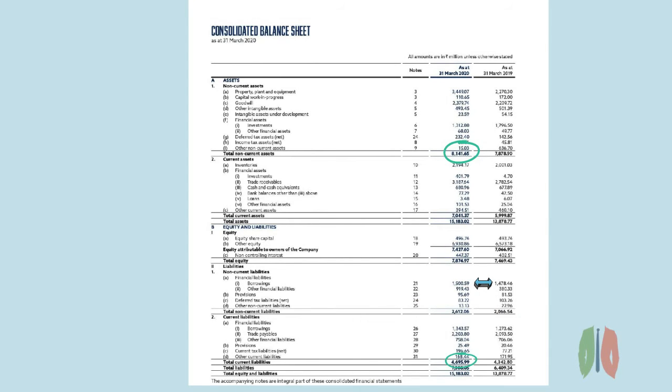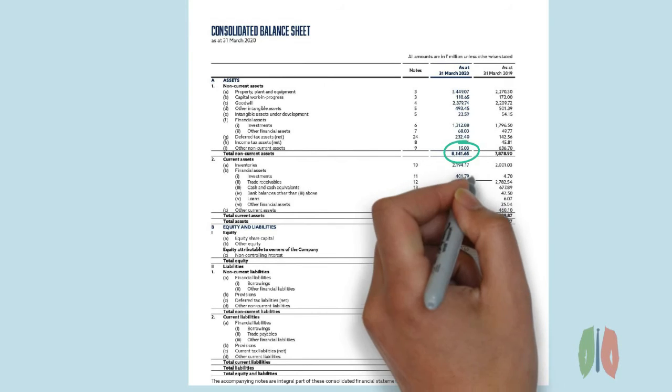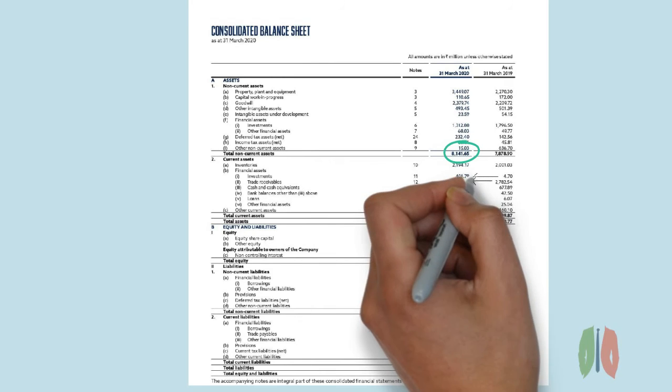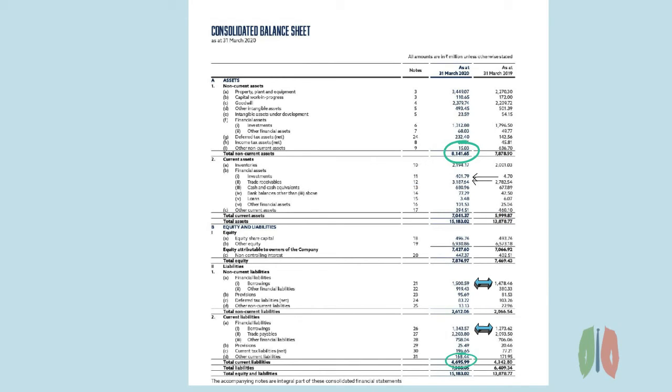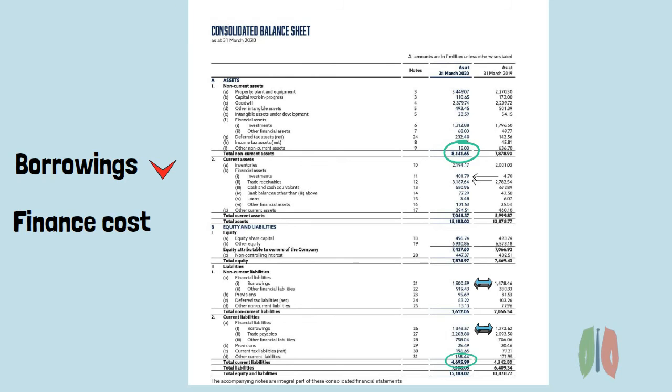And also the borrowings, whether they are decreasing the borrowings from the previous year or increasing. If they are increasing, they should be used for a good purpose. Then the trade receivables, which they have to receive from their clients or customers, should decrease. And then investments should increase. And we should also see that borrowings should be decreasing, because if the borrowings are decreased, the expense in the income statement will be decreased, so the profit will increase. That is one of the main key things to increase the net profit.